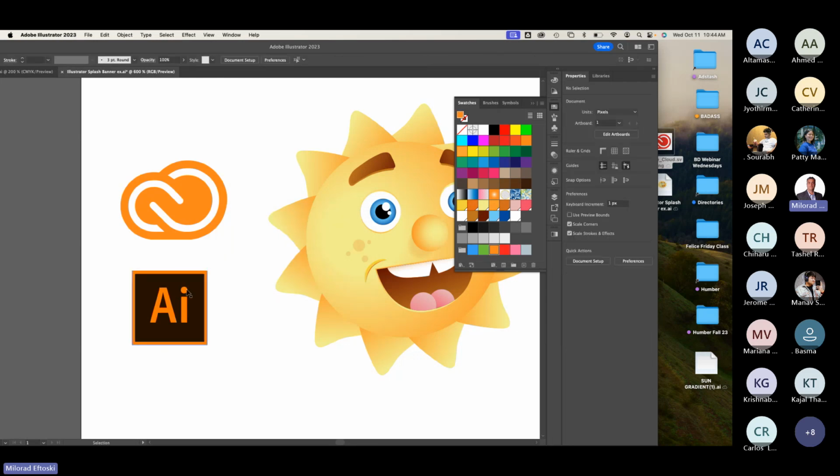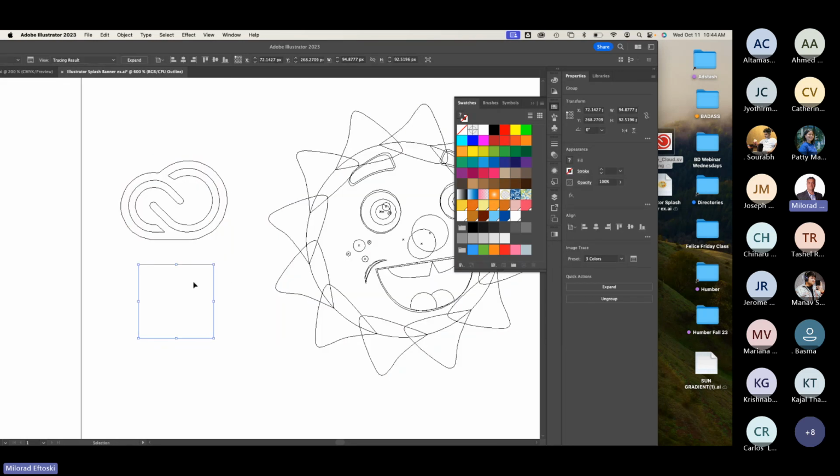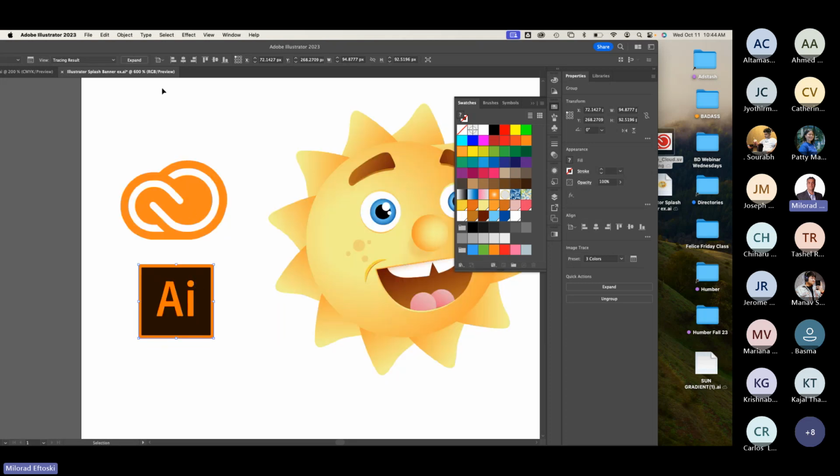Once it's done though, look at this. I still have to do expand. Remember, even if you use symbols from the Illustrator or clip art library, when you expand them, they become objects. It's like a zip file: extracting the zip file expands it, right? So if I hit expand,